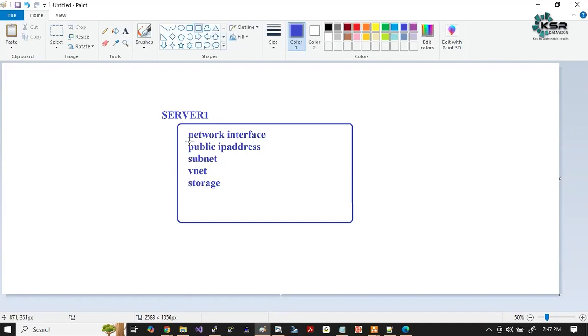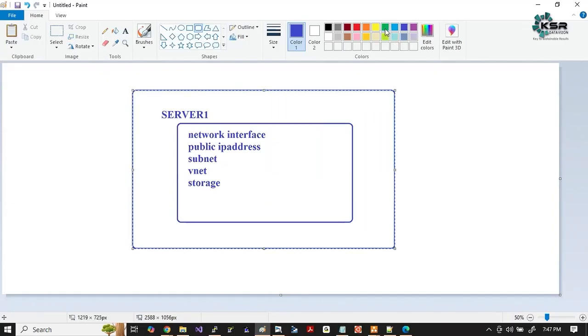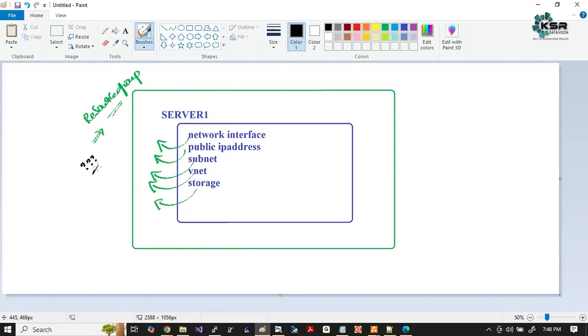This server belongs to what, guys? This server belongs to my resource group. Now, all my resources like my network interface, my public IP, my subnet, my VNet, my storage, all these components, are they part and parcel of my resource group? Yes or no? Yes. Now, if I am giving my Suresh user